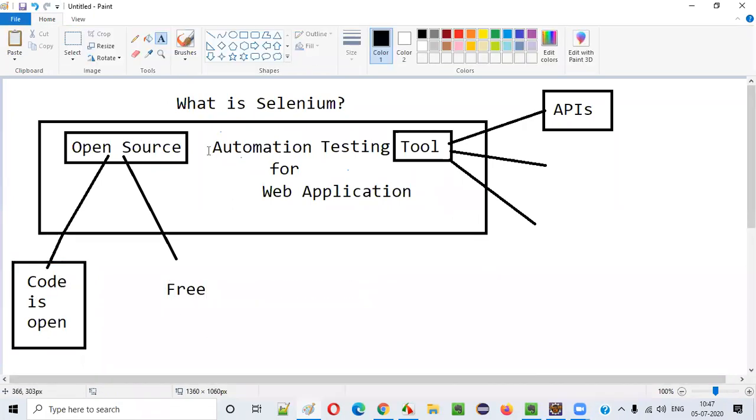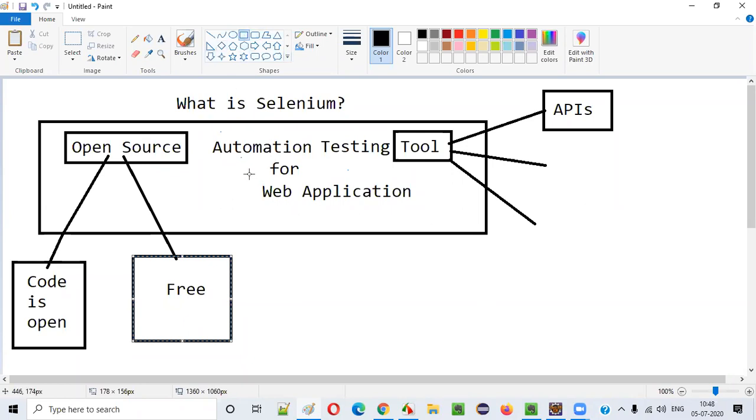it's free, guys. No licensing costs. In order to use Selenium, you don't have to pay any license. There is no license, zero fees, zero money. Simply configure Selenium in one of your Java projects and you can directly use it. No one will ask you for any money. It's license free, that is, free of cost. Fine, guys, open source and free automation testing tool for web applications.